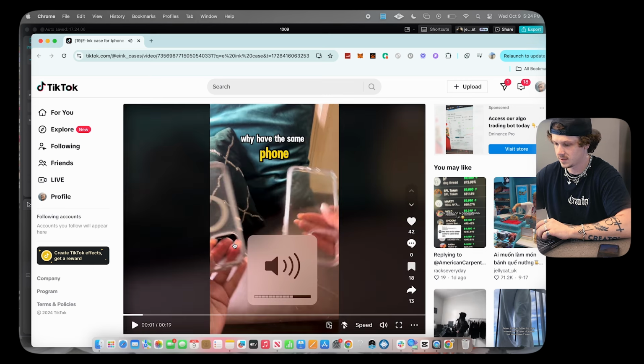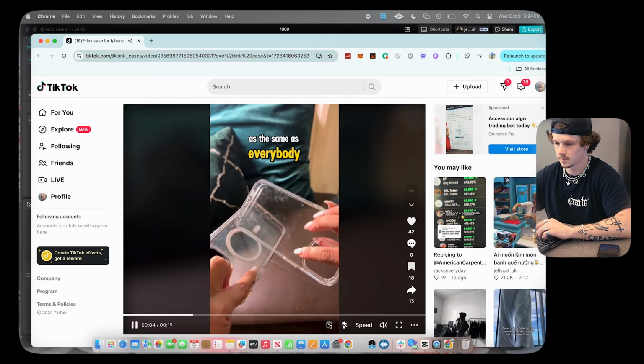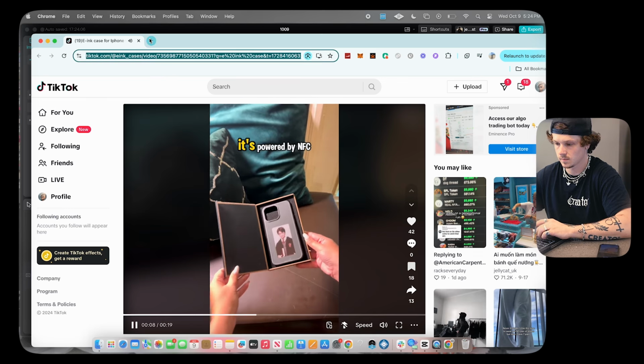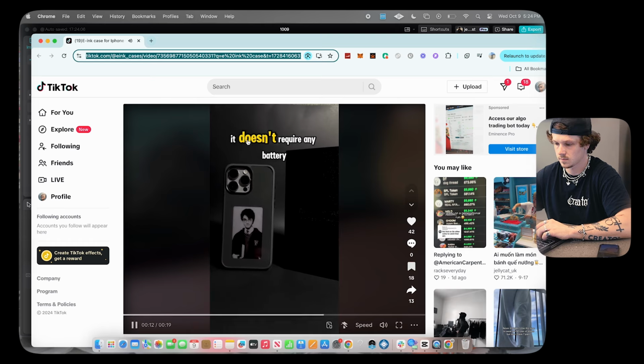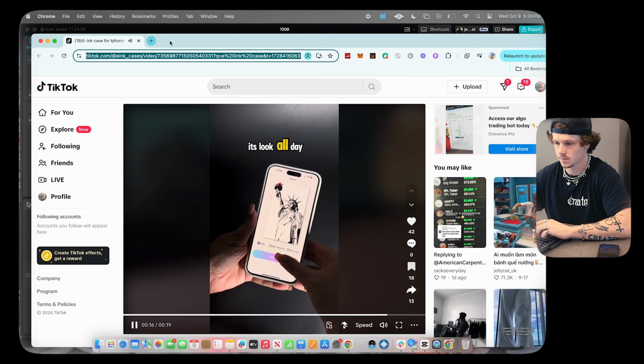So, why have the same phone? Okay, no one else. I don't want to be seen as the same as everybody. That's why I got myself the e-ink case. It's powered by NFC, and you can change its look however you like. It doesn't require any battery from your phone at all, which means I can change its look all day and